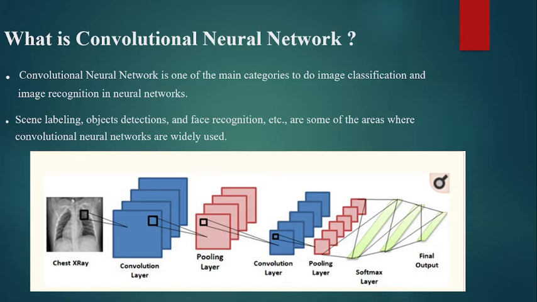This layer is always placed between two convolutional layers. It receives several feature maps and applies the pooling operation to each of them. The pooling operation consists of reducing the size of the image while preserving its important characteristics. Then again it passes through the convolutional layer, then again pooling, and so on.